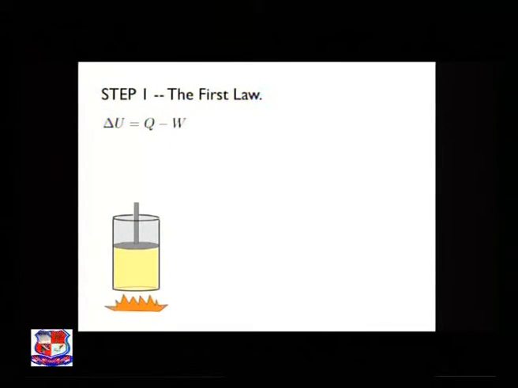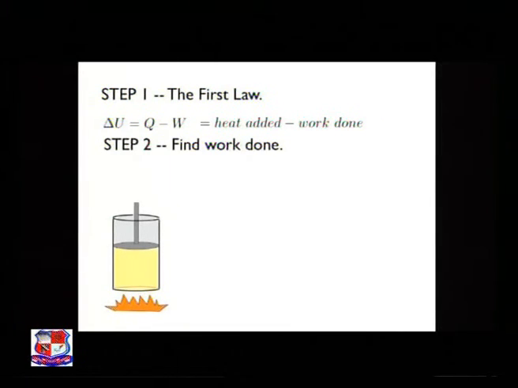There's some potential ambiguity of the sign, because here it's the work done by the gas, and if you were to consider the work done on the gas, you would have to change the sign from a minus sign into a plus sign. As I stated, this is heat added minus work done. So we're going to find the work done. It was stated on the last slide that 900 joules of heat is added, so if we